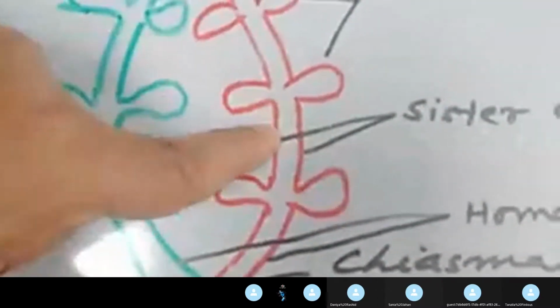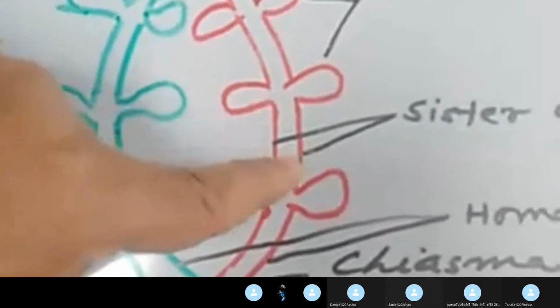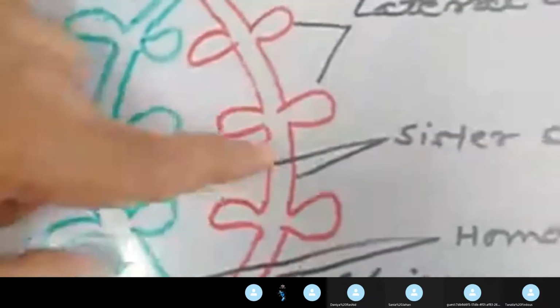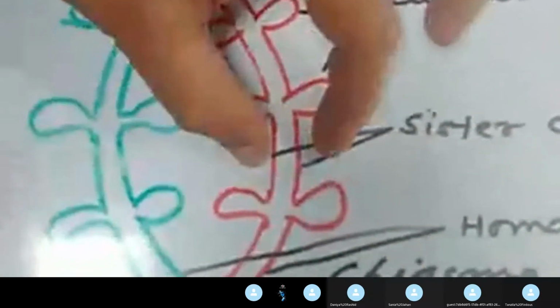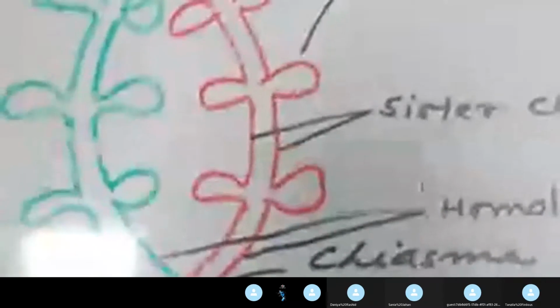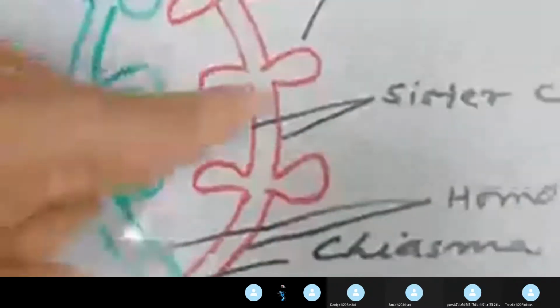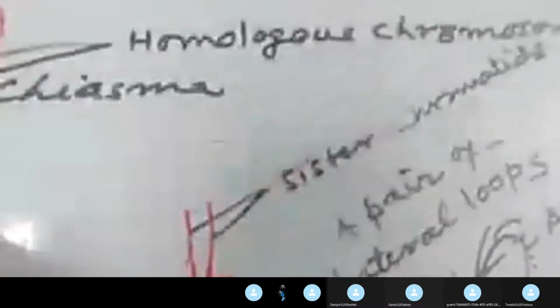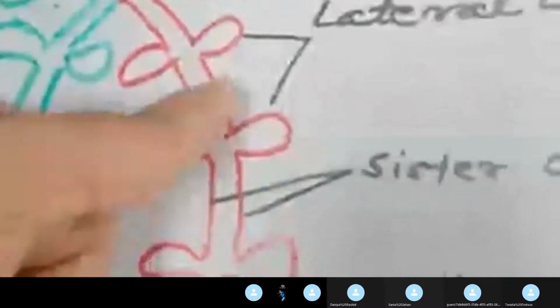Each sister chromatid acts as an axial filament. In this way, there are 4 axial filaments: two from one homologous chromosome and two from the other. These sister chromatids or axial filaments consist of chromomeres. This is the chromomere. The chromomere opens up and extends to form the loops. How the loops are produced has been shown here. This chromomere opens up to form the lateral loops, and the loops are always formed